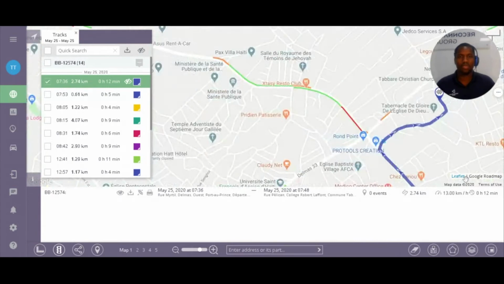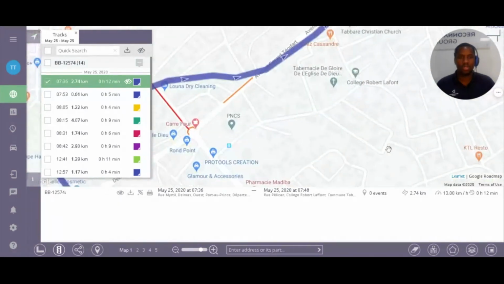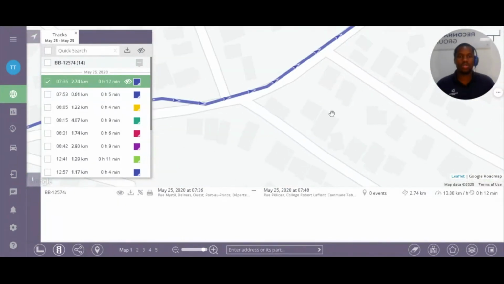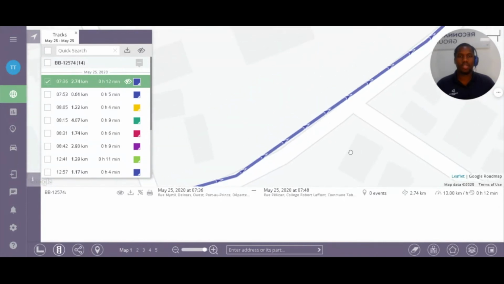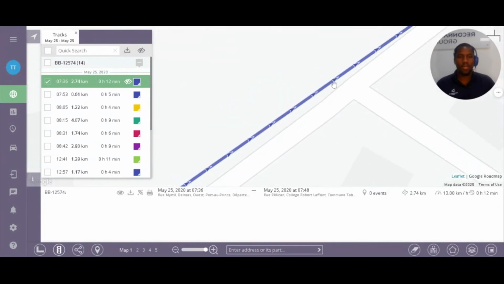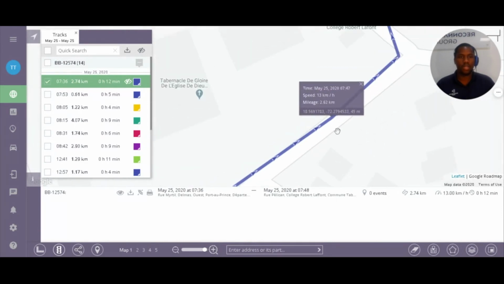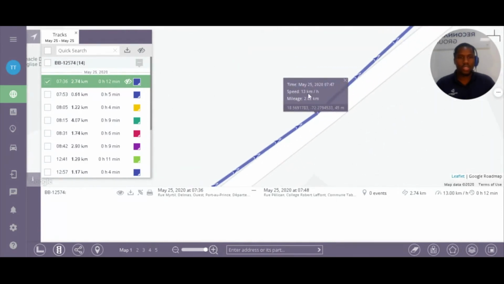If we would like to zoom in, we could also have information about a specific period on the track. For instance, when we click there, we see the car was doing 13 kilometers per hour and it was mile 2.62 from the starting point, and it was